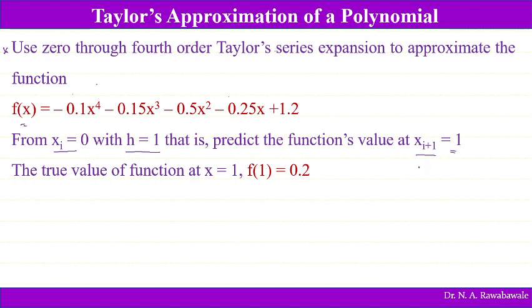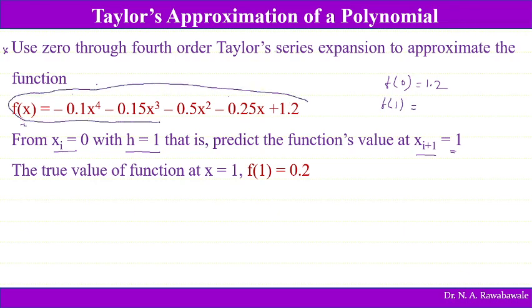So what he says is that xi is equal to 0, the xi value is 0, we know. At this xi is equal to 0, the function value will be 1.2. If you substitute x is equal to 0 in this function, the value of the function becomes 1.2. So f of 0, function value is 1.2. He is asking us to find out f of 1. If you know this polynomial,